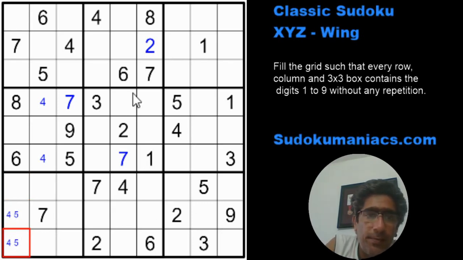Next would be 8. It is not in these two, 8 is here. So this is one of those tricky puzzles. Oh, we have a 4, 4, 4, and this would be a 4, right? This becomes a 1, 3, 1, 3. This is a 2, 2, and this becomes my 2.